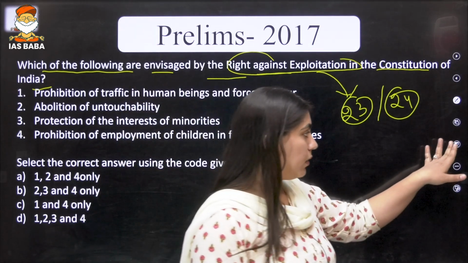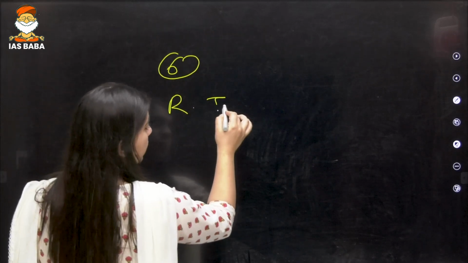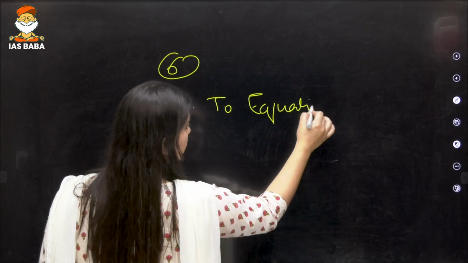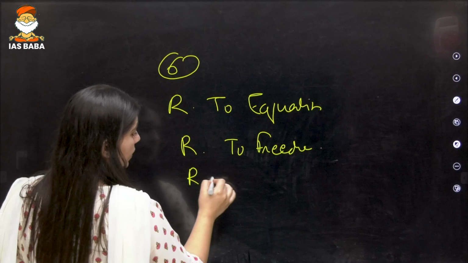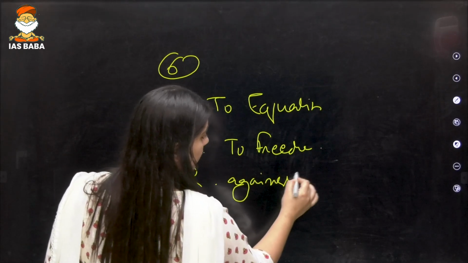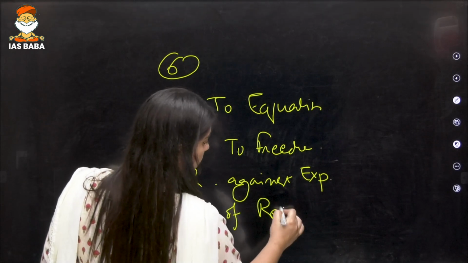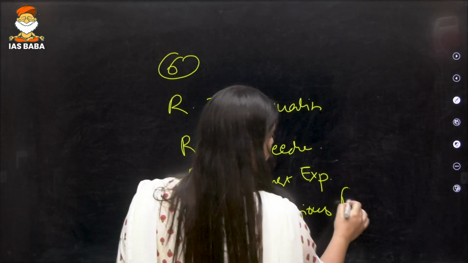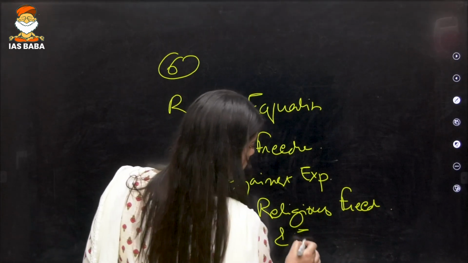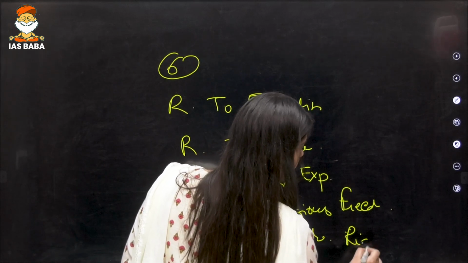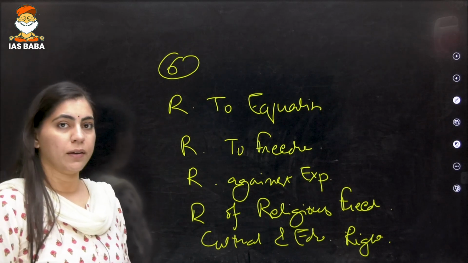But you need to remember that fundamental rights are majorly divided into 6 categories. First is right to equality. Second is right to freedom. Then right against exploitation, then right of religious freedom, as well as cultural and educational rights. Many a time we get confused that Article 14 is the right to equality, but don't make